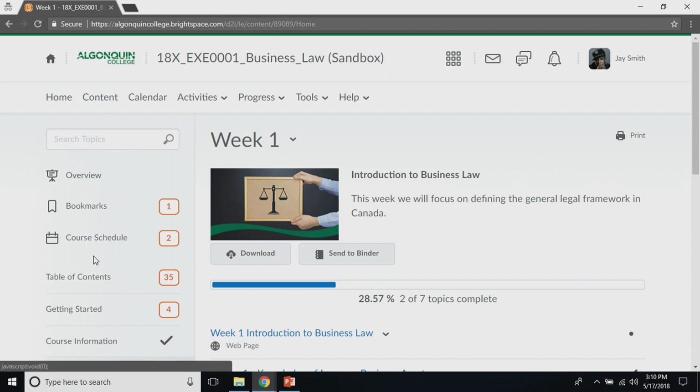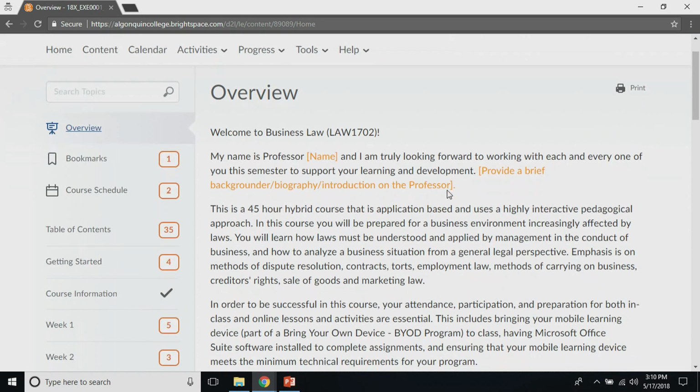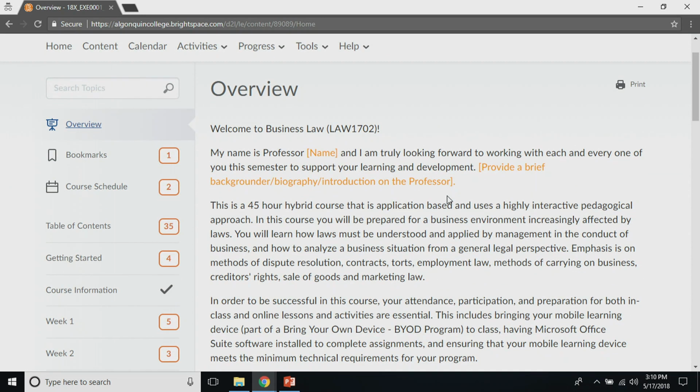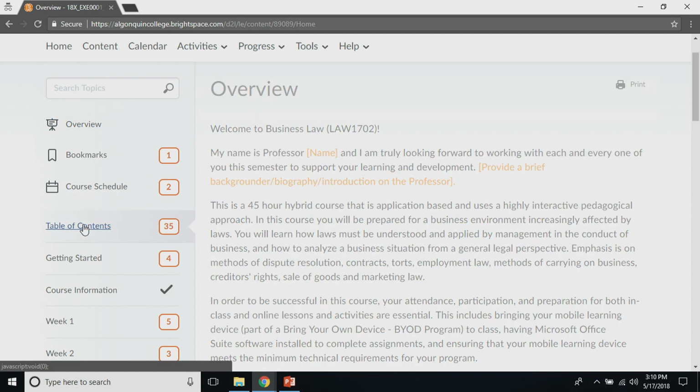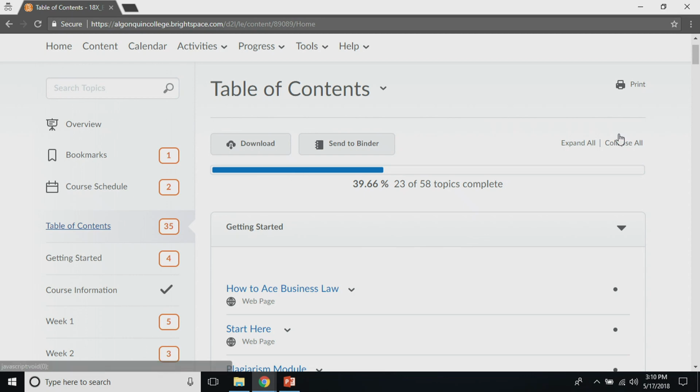And usually when you come in here, you will land in one of two places. You might see an overview for the course, which could just be a description of what the course is all about, or you might land in the table of contents. And the table of contents is just a quick guide to everything that is contained within the content area of the course. It's quite good to use this if you want to do a Control F search of all of your content, because it will list all of the different headings that are found within each of the modules in